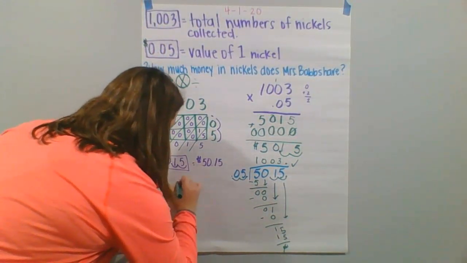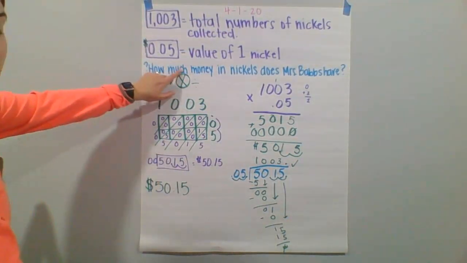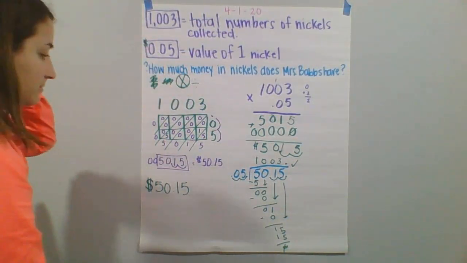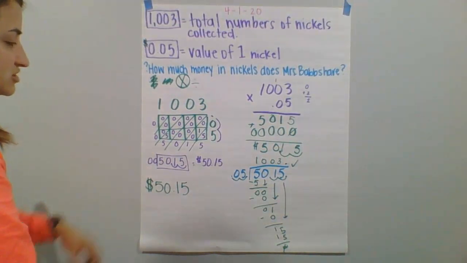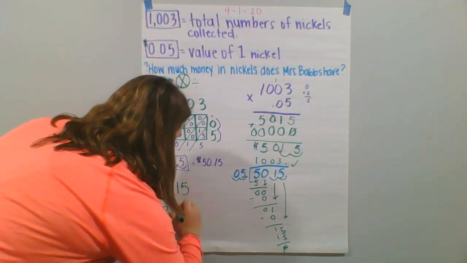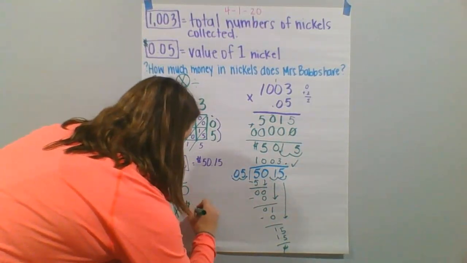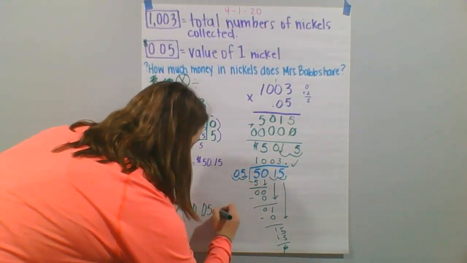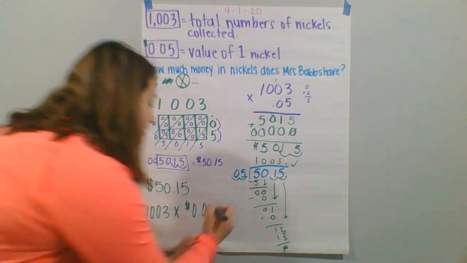So our answer was $50.15. So that's how much money in nickels Miss Babs has. And then the number sentence that matches our story is going to be that 1,003 nickels times the value of a nickel, which is 5 cents, which gives us